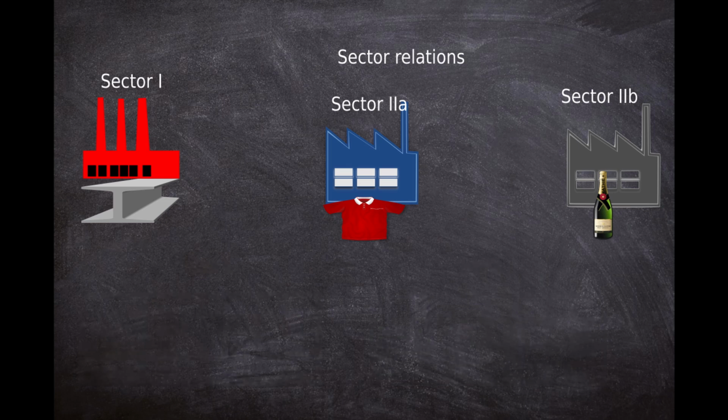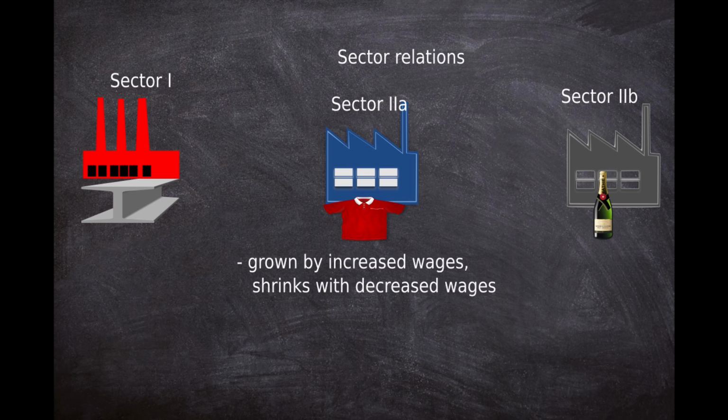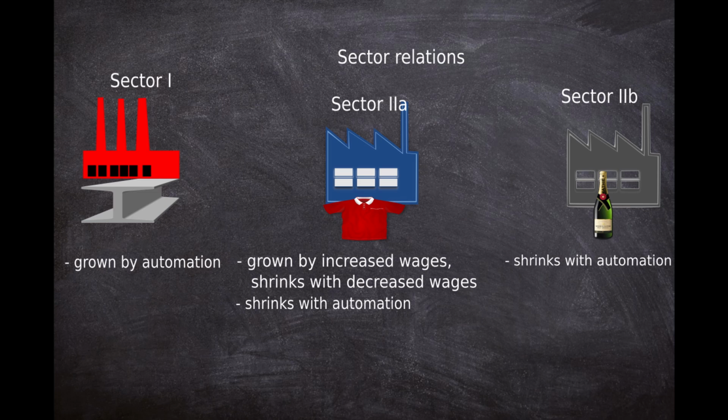In between years, months, or days of production, there are a couple of things that could change. For example, the rate of exploitation could change. The wages could rise or decrease, which would change the sector 2A relative to 2B, depending on whether or not the wages rise. More or less products would be spent on articles of consumption for the worker.